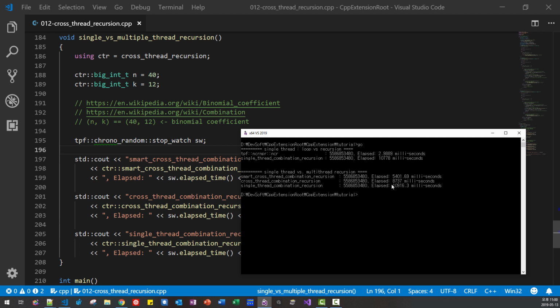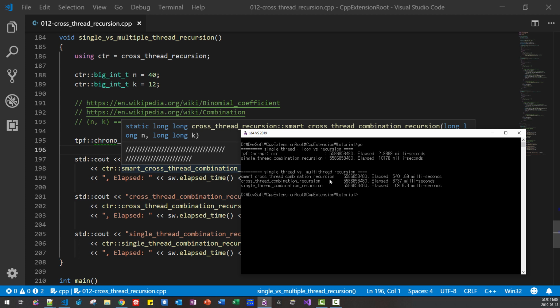Cross thread is 8,000. So this is 10,000. This is using multi-thread, but this is a smarter way. This is the one, smart cross thread combination recursion. All in all, this my NCR, this loop-based algorithm is fastest.